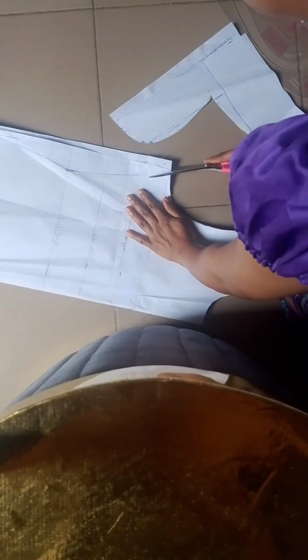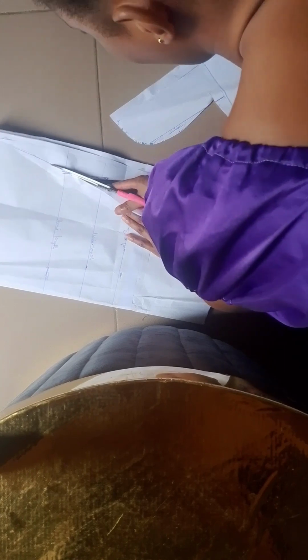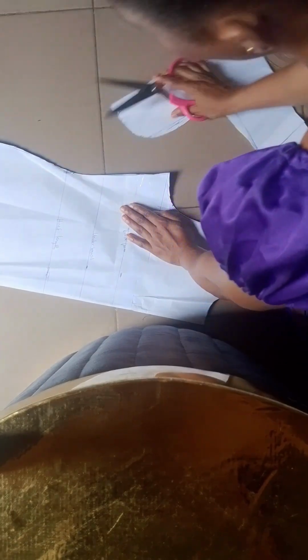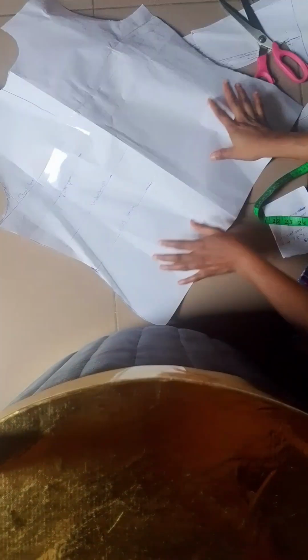So I will still need to draft my back pattern. The back pattern is easy to draft because I will only need another pattern paper and place this front pattern on top of the back pattern. After placing it, I will add my zipper allowance. Yes, I will add my zipper allowance, and that is all for drafting this particular